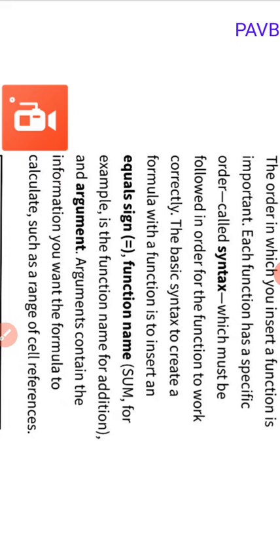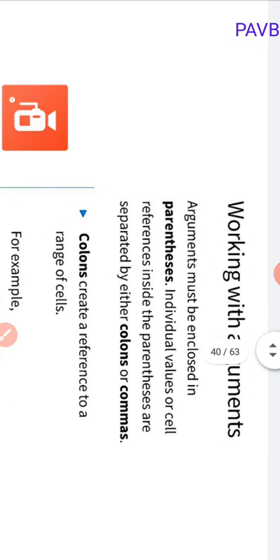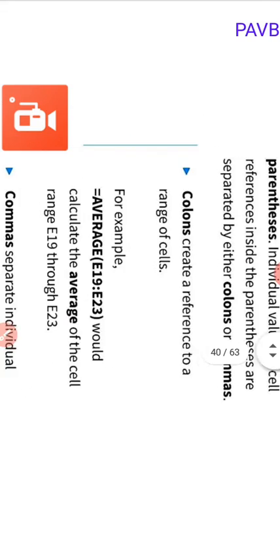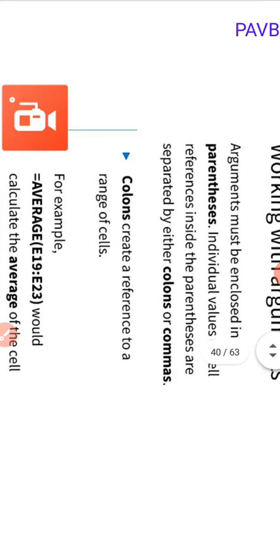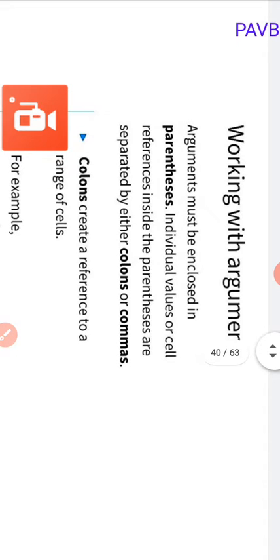The basic syntax to create a formula with a function is to insert an equal sign, the function name, and arguments. Arguments contain the information you want a formula to calculate, such as a range of cell references. Working with arguments: arguments must be enclosed in parentheses.